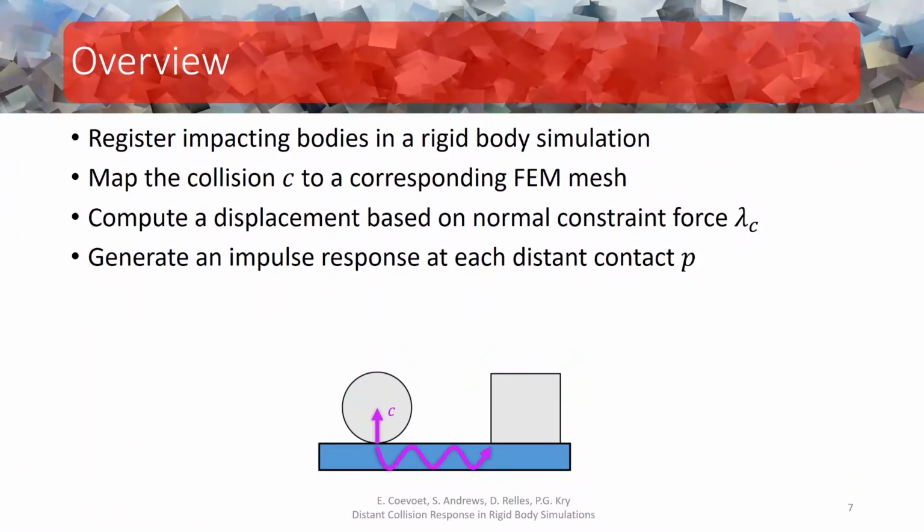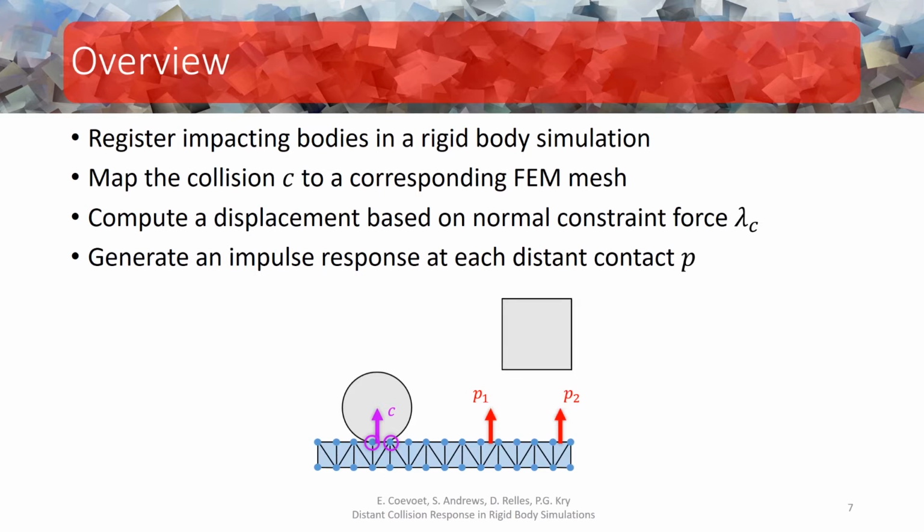The first step in our method is to detect new collisions in the rigid body simulation that result in an impact. Then, these impact collisions are mapped to an FEM mesh that corresponds to the collision proxy used in the rigid body simulation. In our simulations, we use a collection of spheres, boxes, and convex meshes to render the rigid body simulation more efficient, but then compute corresponding points on the surface of an FEM mesh. We then compute an impulse response at distant contact points based on a force loading obtained from the rigid body constraint solver, which causes a disturbance at distant bodies.